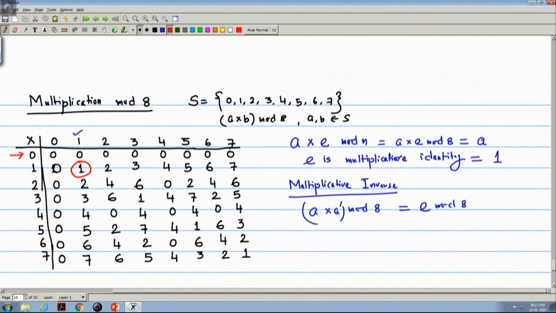For 2 we are not getting any identity. For 3 we are getting identity 1, but for 4 we are not getting. For 5 we are getting one identity. For 6 we are not getting. For 7 we are getting identity. So, if I summarize, I can write that we are getting multiplicative identity